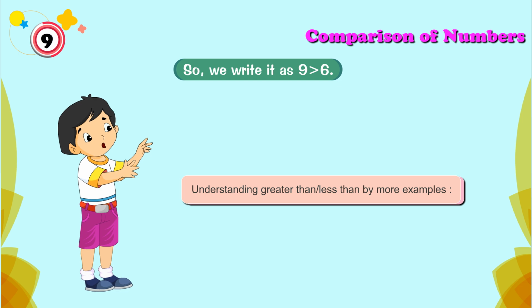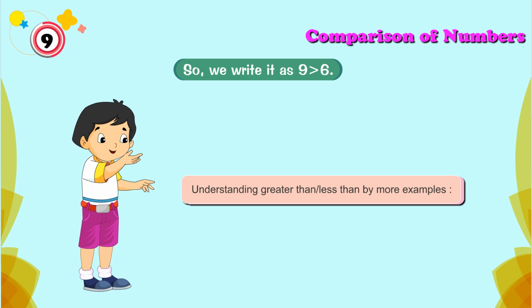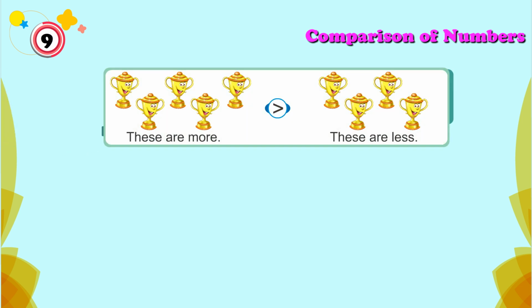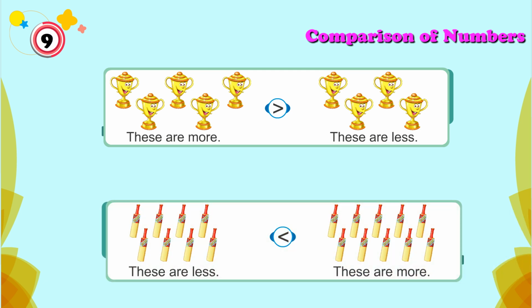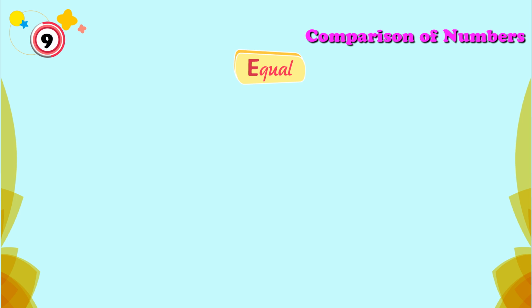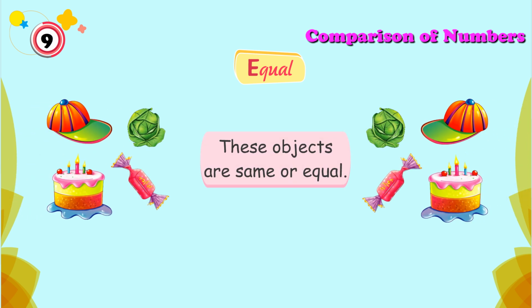Understanding greater than, less than by more examples. These are more. These are less. These are less. These are more. Equal. These objects are same or equal. The symbol for equal to is